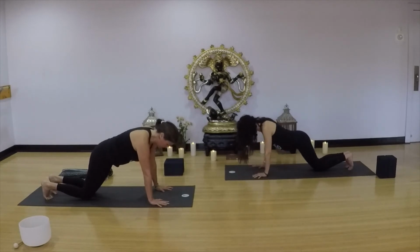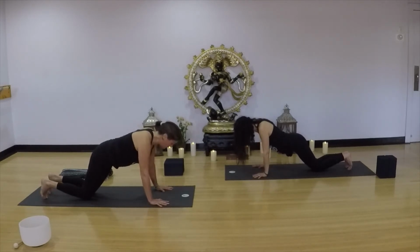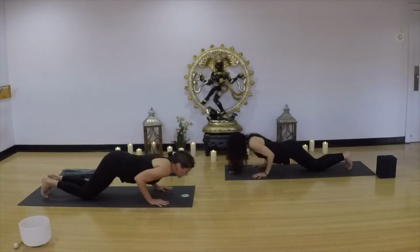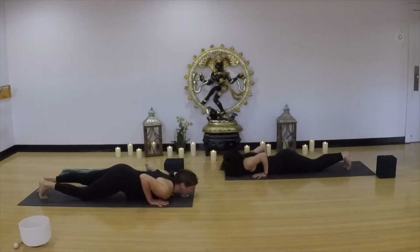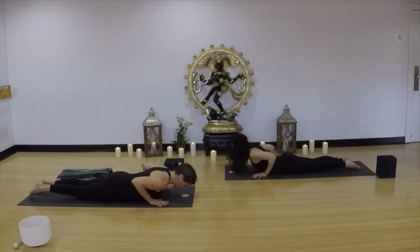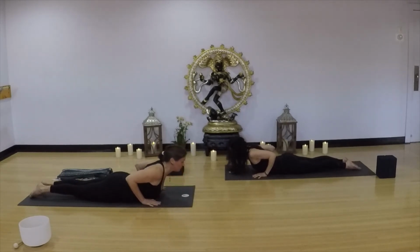And then notice, do your shoulders shift over your wrists? So find that. Take a deep breath in. Exhale, lower your chest and the chin to the mat, and then reach your feet back. Maybe you bring your fingertips so they're in line with the shoulders, squeezing the shoulder blades to your elbows, or reaching. Inhale,